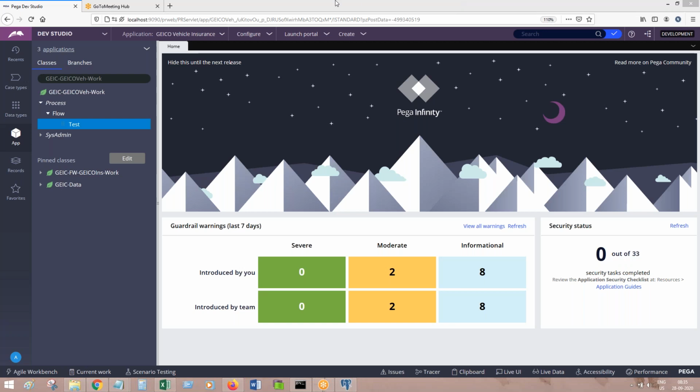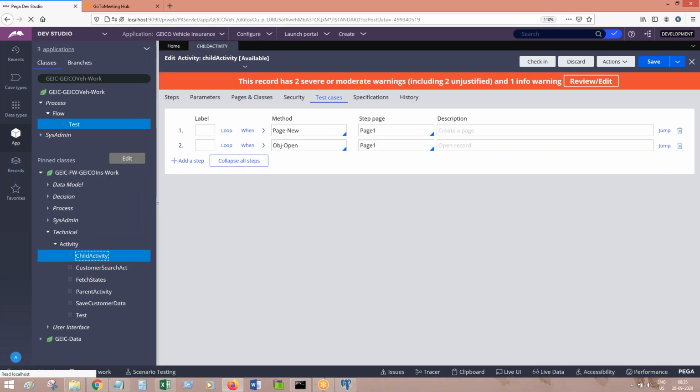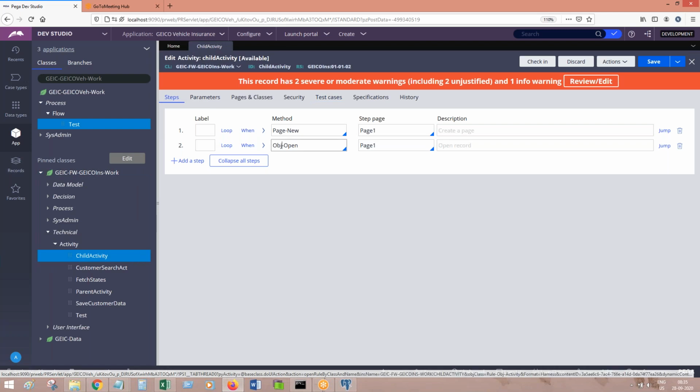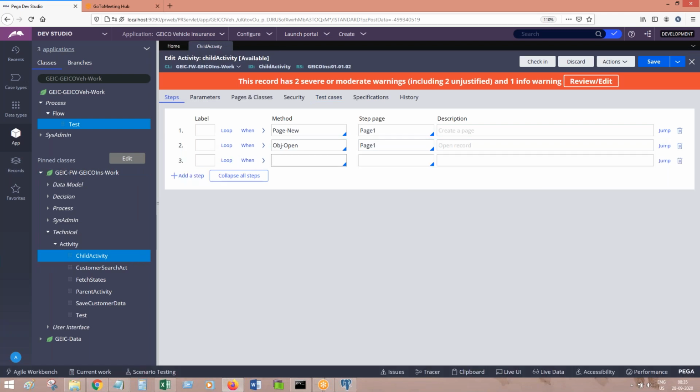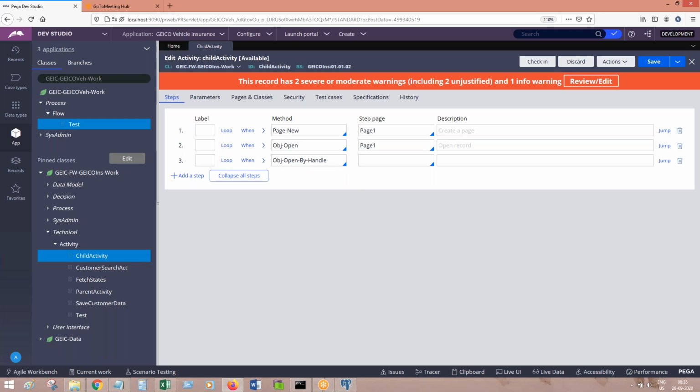Right? Now if you go to the Obj-Open method and the Obj-Open-By-Handle method, let me open one of the activities and show you. This is a continuation of locking plus pzInsKey. Both methods serve the same purpose, fetching a single record from the table.